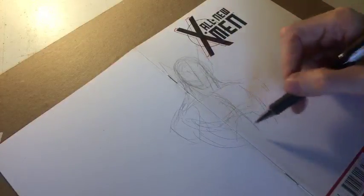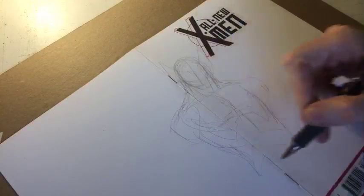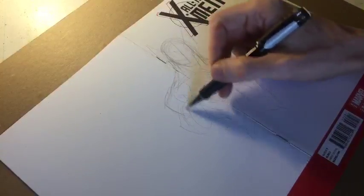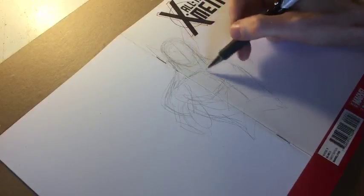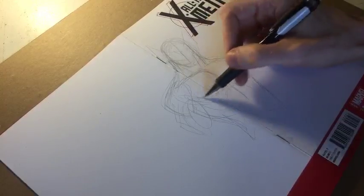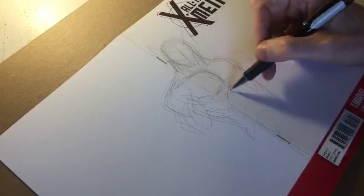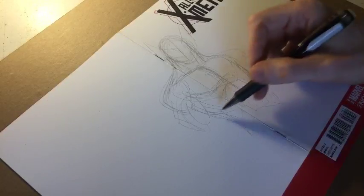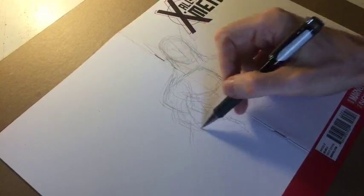So I'm just going to block out the shapes, which is key. And I'm penciling kind of lightly in case I need to erase and reposition someone. As you can see, I'm using the shape of each muscle group, like the pectoral muscles, kind of these rhombus type shapes. The rib cage, the abs, the arm muscles here,